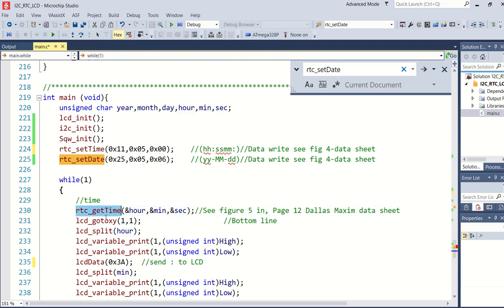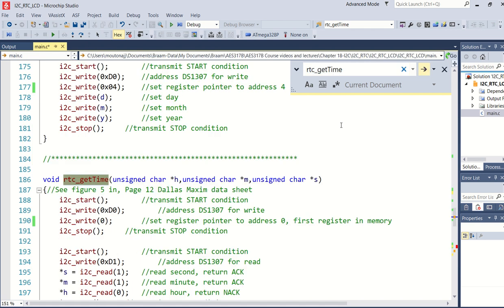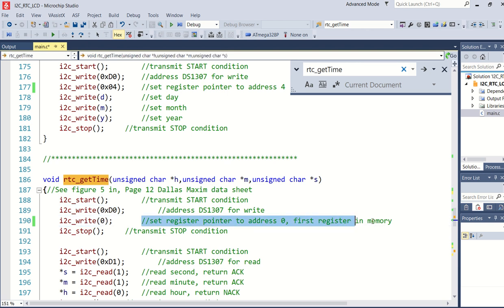So if we go to get time, you can just go there. It will be now making use of the reading function. So if we want to read, there must be a start condition again, as we've seen in video number 1. Well, at this stage, we are writing a 0, we are writing to it, and it is now pointing, again, if we put 0 in there, it's pointing to the first address. So I'm writing data to it to tell it where I want to start reading from. And there's your stop condition.